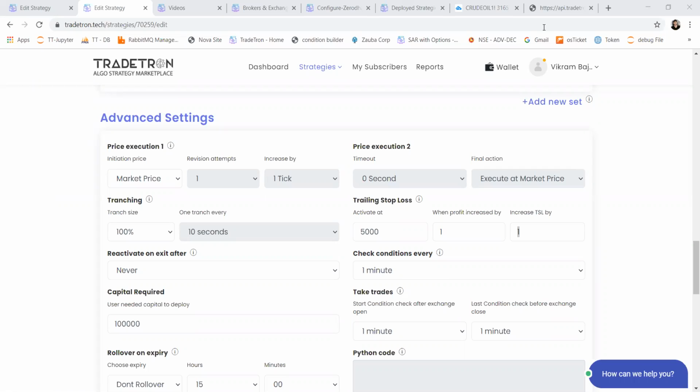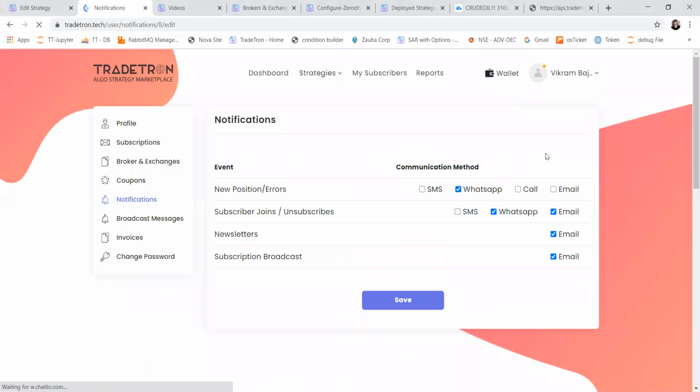In case there is any error in the strategy, will the system prompt during saving? So there is an option of notifications. If your strategy is live, then you can opt for WhatsApp, call, SMS, and email notification. Whenever your strategy takes a position or goes into error for any reason, let's say if your margin falls short, or if broker API is not responding, or if any particular strike is not allowed to be traded, and the strategy goes to error execution, you will immediately get a WhatsApp notification for that.